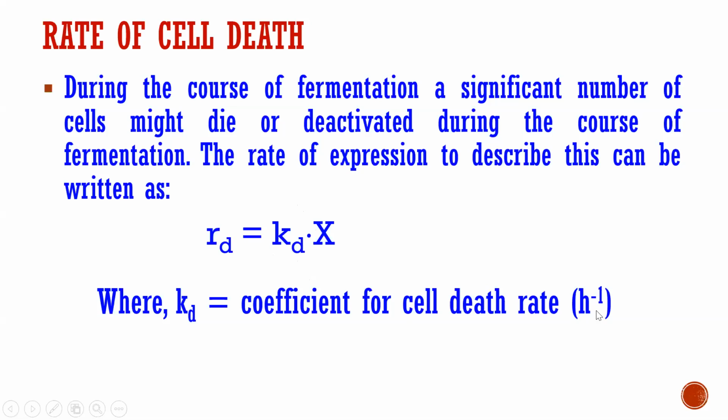So the unit is per hour, correct? Why is the unit per hour? You can check yourself, right? For mu it is also per hour. So you can check the units and make sure all the units are correct. So the rate of cell death is basically the end of our kinetic models for growth. So next, we move to a new slide,